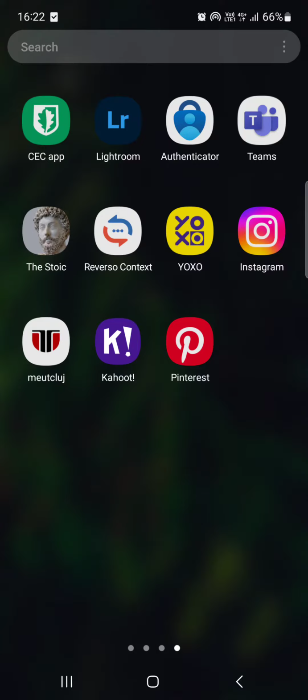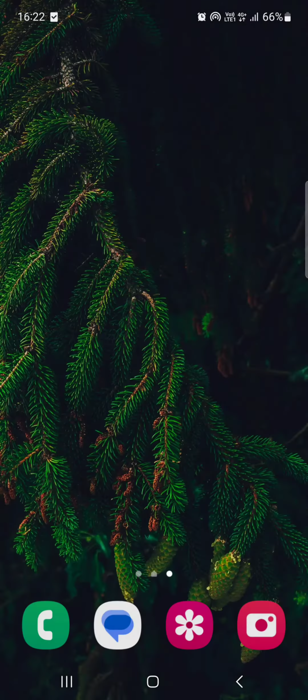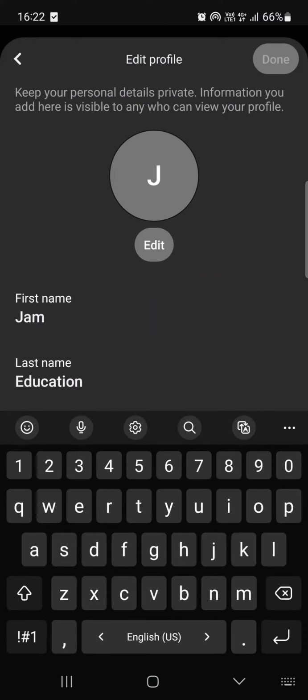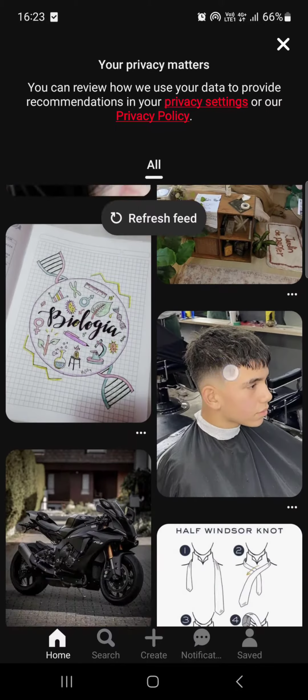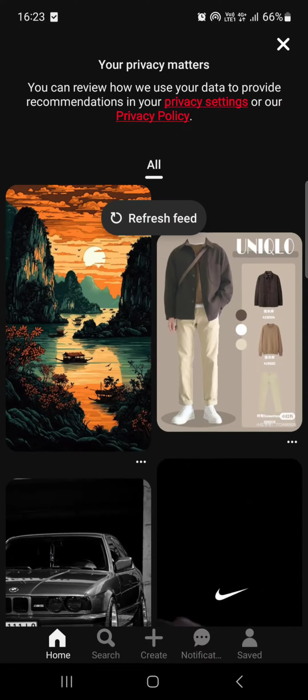So without further ado, let's just jump right into it. First we have to open up the Pinterest app, and here it usually opens up in the home menu where we have our feed. From the home menu we have to go into the saved menu, and then